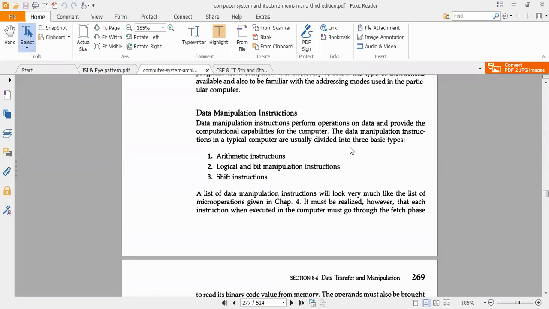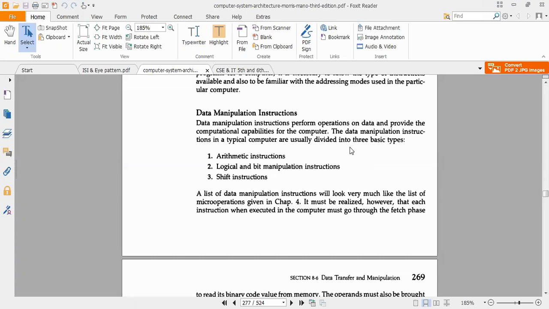Logical and bit manipulation instructions. Logical means some kind of logical instructions. It may be exclusive OR, AND, OR, complementing, comparisons.